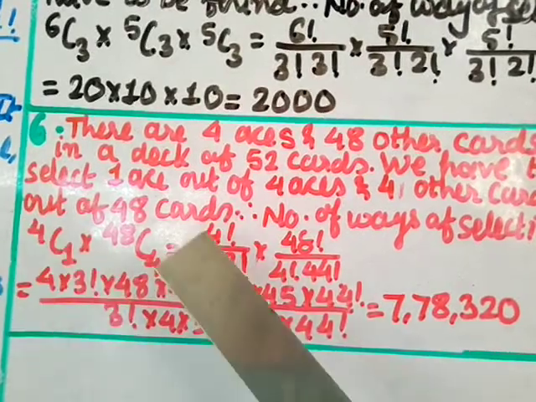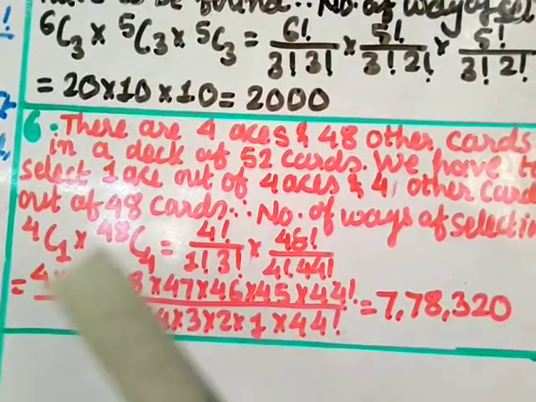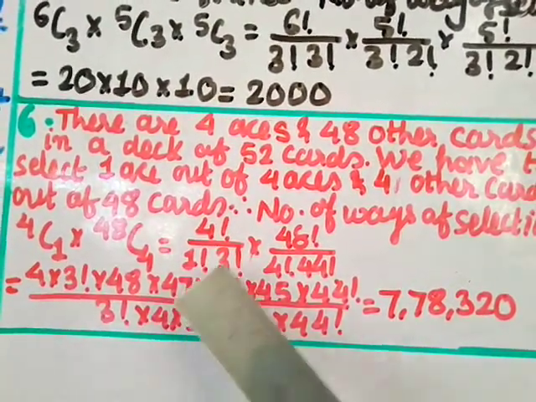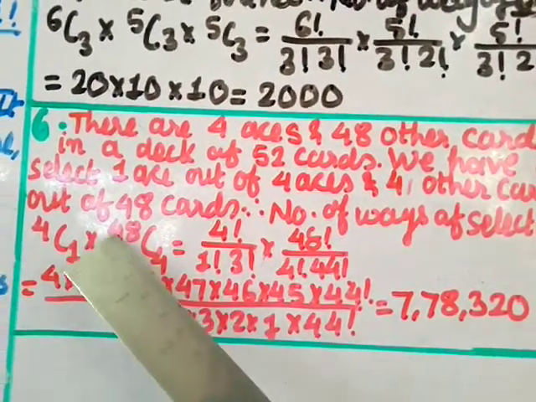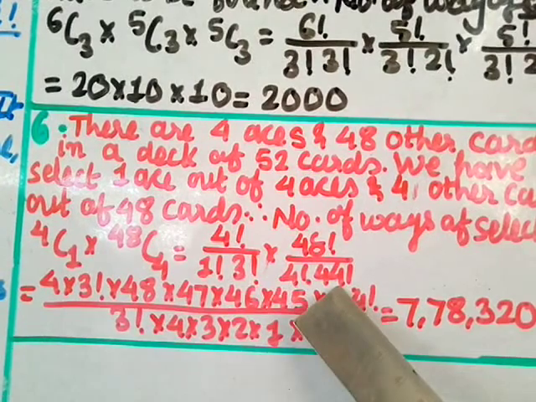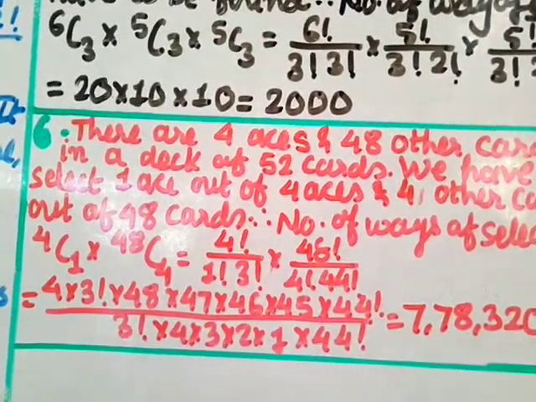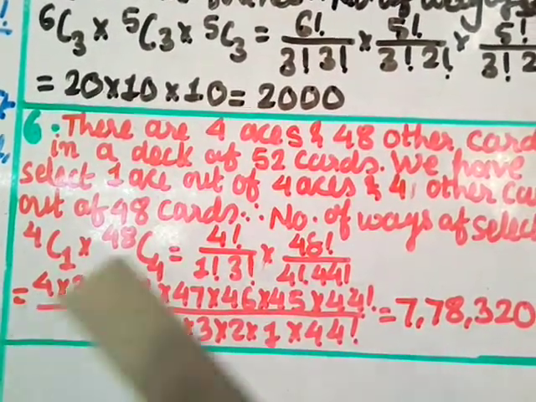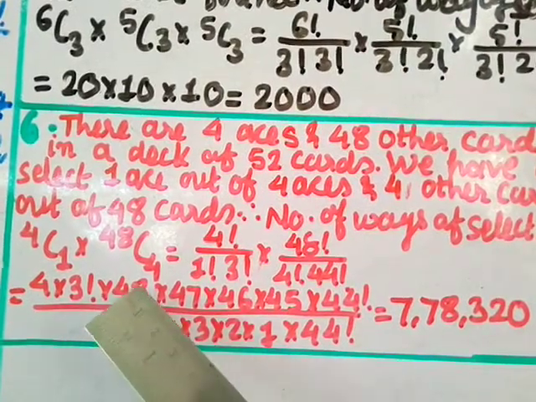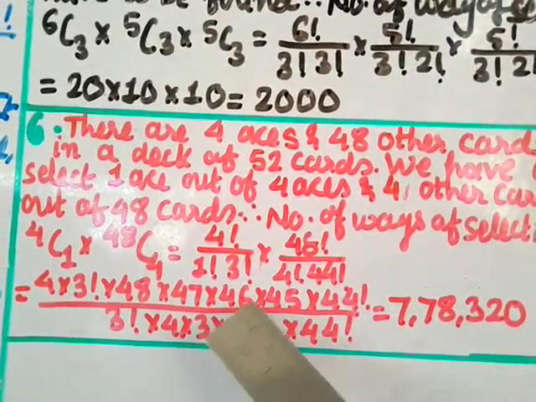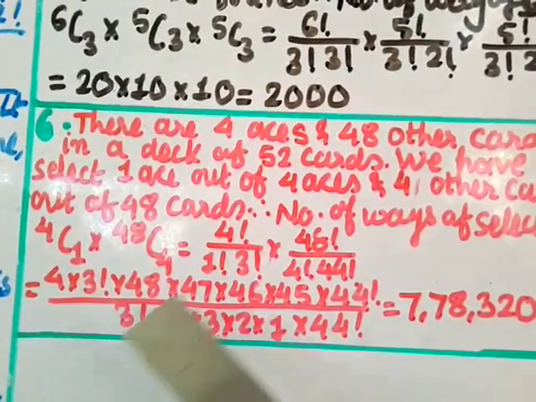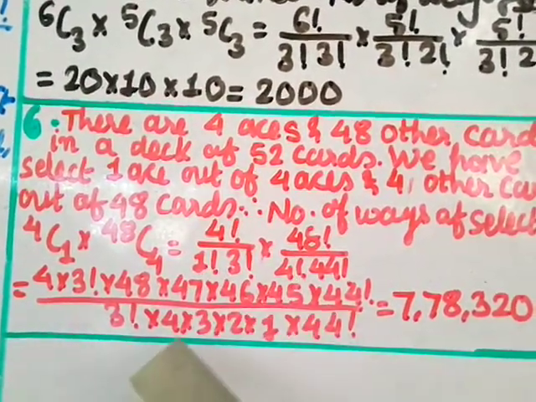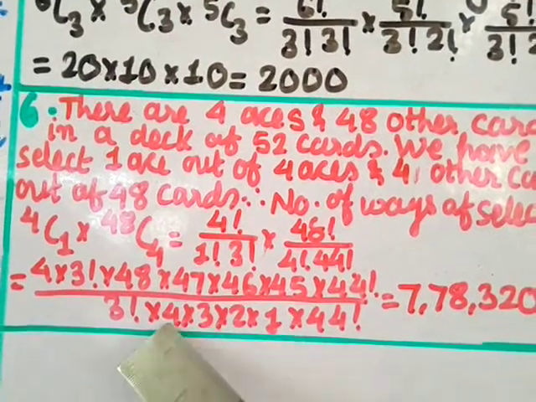This gives you 4 factorial divided by 1 factorial into 4 minus 1, that is 3 factorial, into 48 factorial divided by 4 factorial into 48 minus 4, that is 44 factorial. Now this 4 factorial can be written as 4 into 3 factorial. 48 factorial I can write as 48 into 47 into 46 into 45 into 44 factorial, divided by 3 factorial. 1 factorial is 1. 4 factorial can be written as 4 into 3 into 2